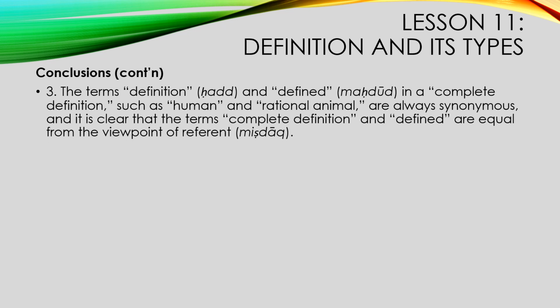Let us continue also with the conclusion. Number 3, the terms definition or ḥadd and defined maḥdūd in a complete definition, such as human and rational animal, are always synonymous. And it is clear that the terms complete definition and defined are equal from the viewpoint of referent, that is